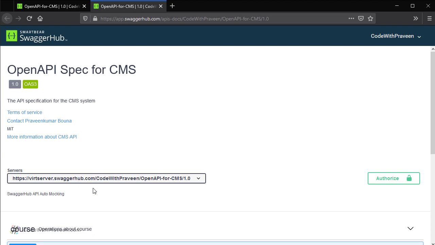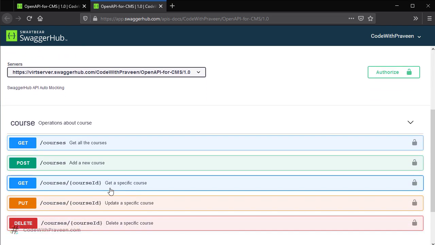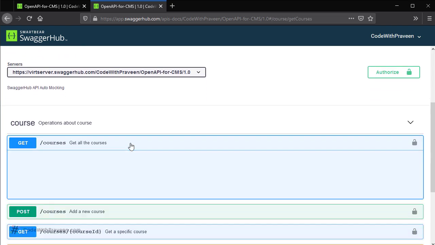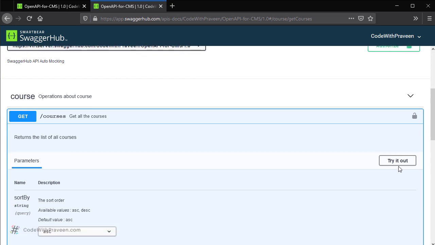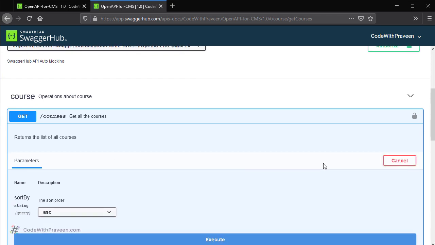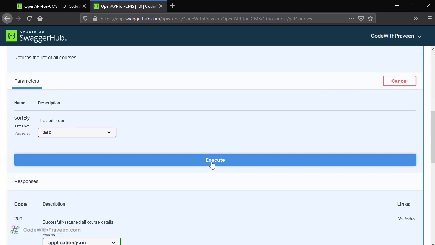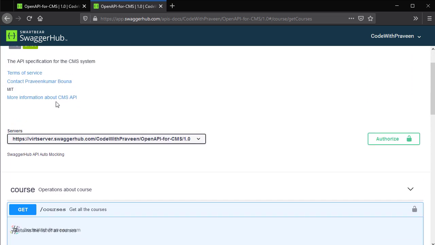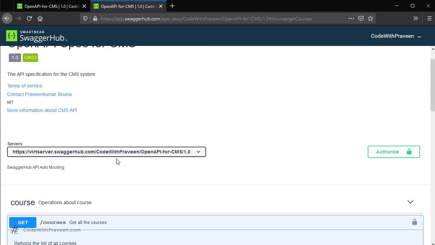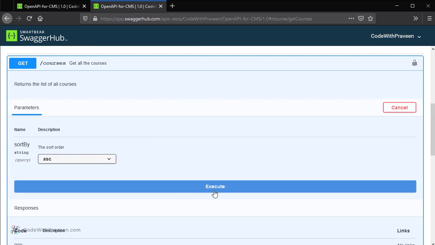If you select this and then come back to one of the API and then try to execute it, let's say you want to execute the get operation for the courses and then click on the try it out icon, then it's going to give an option to execute it. Once you click on this execute button, then it's going to execute the get operation for the courses path against this specific URL. Let's see what happens if you go and execute it.